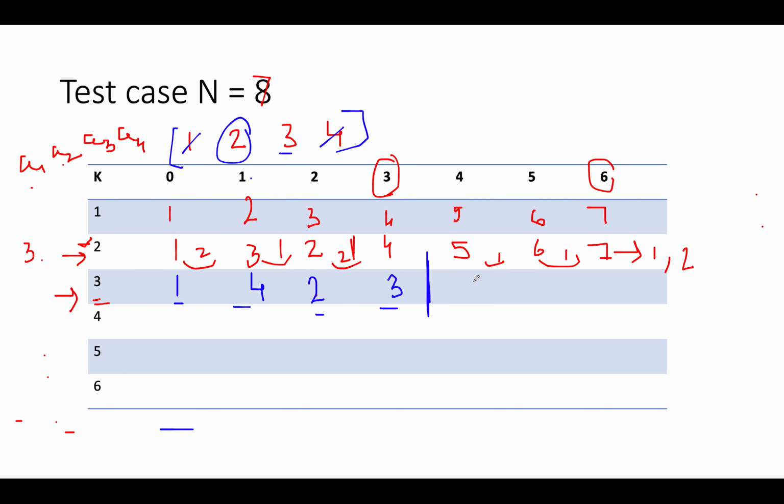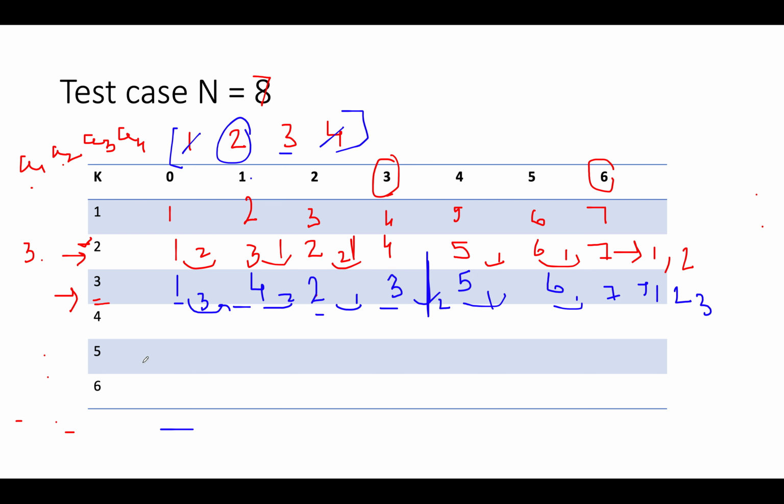And then let's just fill up the array with the remaining values, starting from k equals to 4, and assign i plus 1 value to that index. So this gives us 5, this gives us 6, and this gives us 7. So let's try and calculate whether this array satisfies the condition or not. So the difference is 3, the difference is 2, the difference is 1, the difference is 2, the difference is 1, the difference is 1. So how many differences were we able to generate? 1, 2 and 3. Perfect.